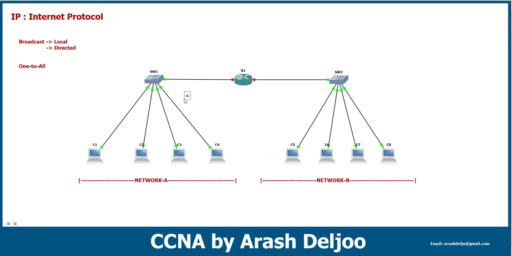Here we can assign IP addresses to these systems. For example, the IP address of computer 1 is 192.168.1.10. You know that this is a class C IP address, and the IP address of computer 2 is 192.168.1.11, with the same first three octets, then 192.168.1.12, and 192.168.1.13. That's it. Or for PC4, let me use 14, for PC3, 13, for PC2, 12, and for PC1, 11. Okay, and also you know that we can assign, and we need to assign, one IP address to